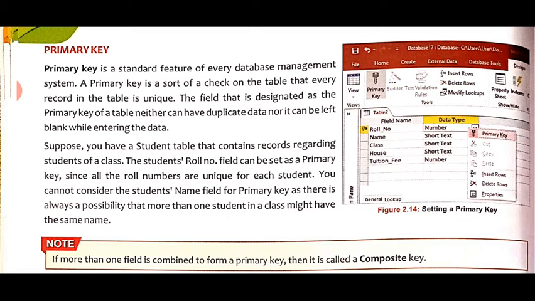In a primary key field, both data redundancy and data inconsistency features are applied. What is meant by data redundancy? Data redundancy means that duplicate entry of data is not allowed. So in a primary key field, data redundancy is not allowed. It is a sort of check, as we know that every record in that particular field is unique. In a primary key field, null values are not allowed. Mainly, a numeric value field can be a primary key.